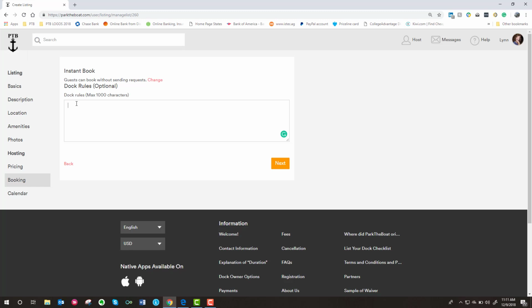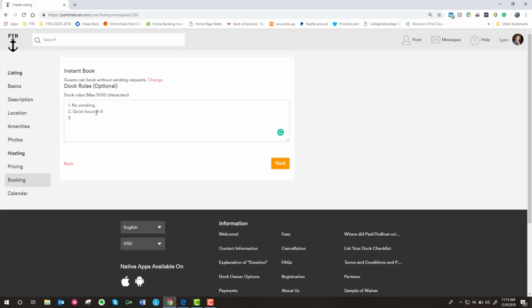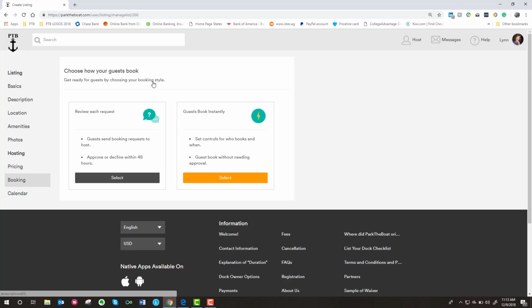For instance, you might write a list of rules with whatever information you want someone to know if they decide to rent at your dock. You may also include directions for coming and going from your property if you've given a dock and street access listing. When your dock rules are complete, click Next, but then come back to Booking and change